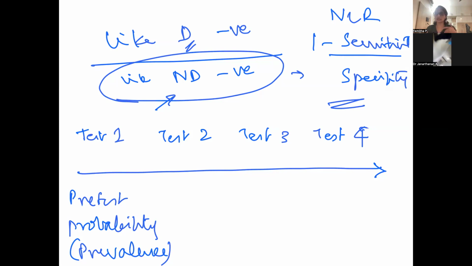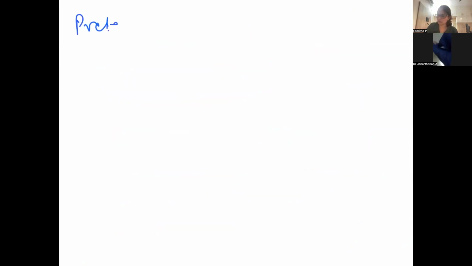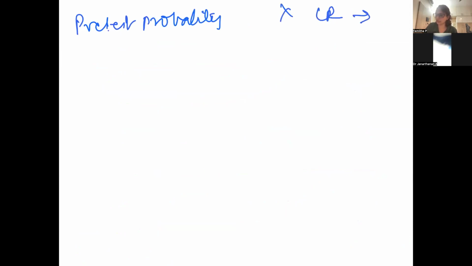Now, once he comes and sits inside the OP and the mother tells you that he's not feeling well, you have increased that probability to a post-test probability. So the test here was history. Then you have increased the post-test probability again by doing a physical examination. So finally, you make a diagnosis of sepsis based on increasing the likelihood ratios. So you start with a pre-test probability, but you have to multiply it by a likelihood ratio to make it into a post-test probability. And here again, math will come into the picture. You cannot multiply a probability, a proportion,